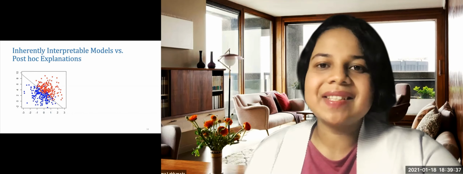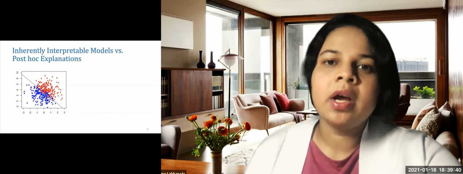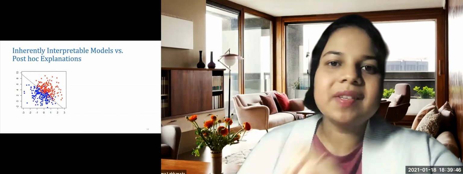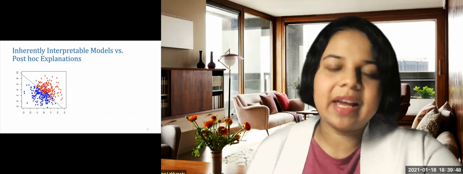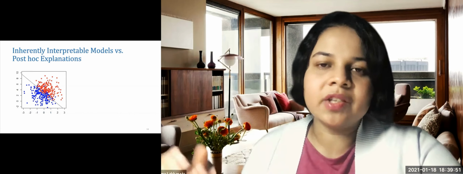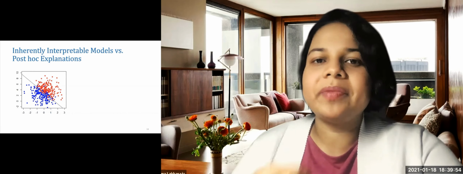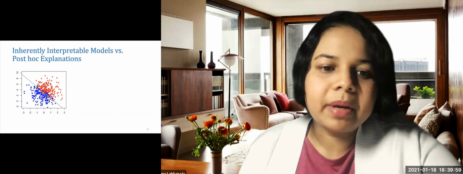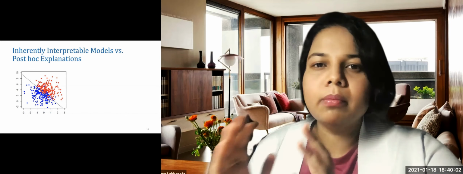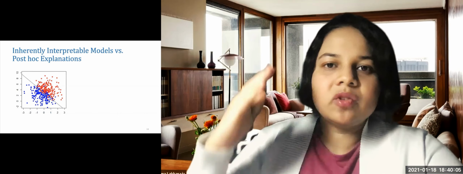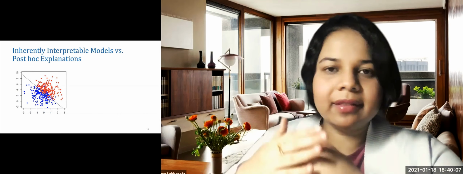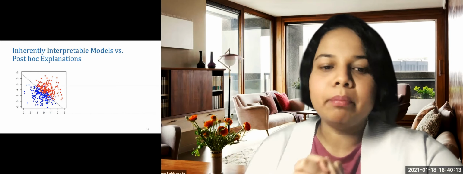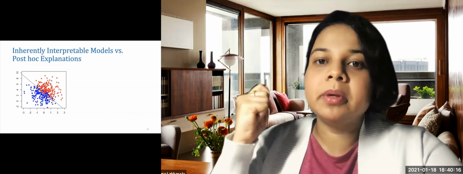What we have here is a scatter plot of a two-dimensional data set. On the x-axis, we have dimension 1, y-axis, we have dimension 2, and we just have a scatter plot of all the data points in the data set. And let's say blue colored data points indicate those belonging to class label 0, and red colored data points belong to class label 1. Now, as you can see from this picture, the data here is almost linearly separable. So we can probably just fit a simple linear model and then get a reasonably accurate classifier in this case, right? So in such a case, we can build models that are both interpretable as well as accurate.